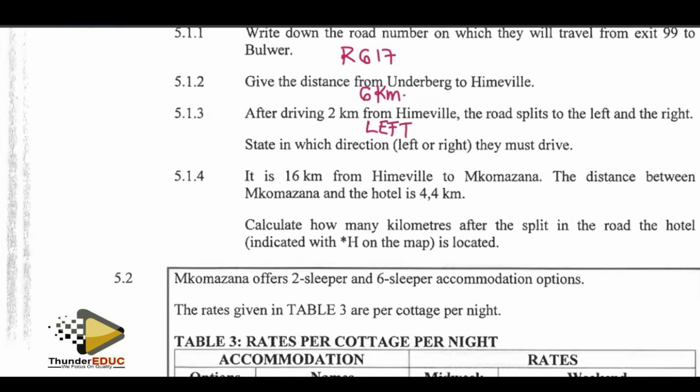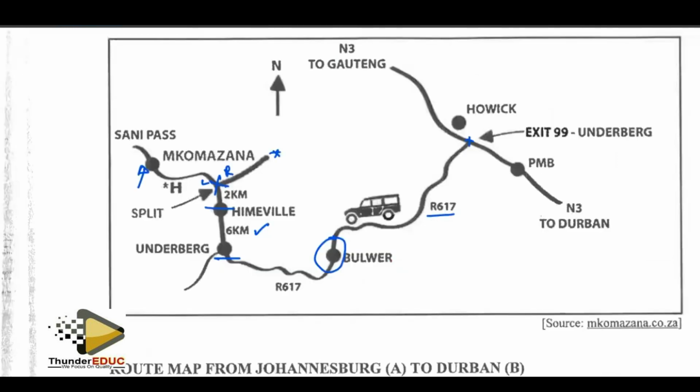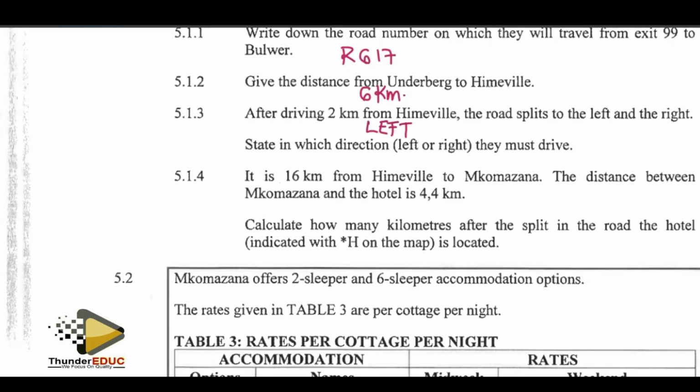5.1.4. It is 16 kilometers from Hanbury to Makotsi. The distance between Mankaza and the hotel is 4.4 kilometers. Look at how many kilometers after the split in the road, and the hotel indicated H. Okay, let's go there and we see. They are telling us the total distance. The total distance from Hanbury to Makotsi is